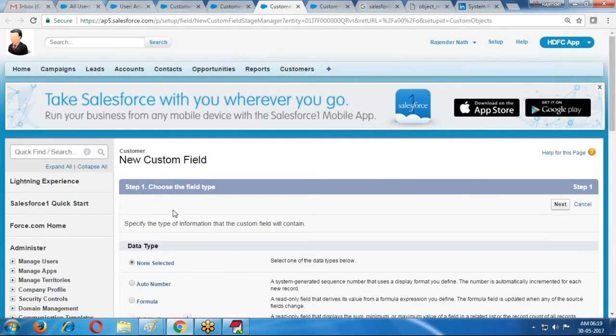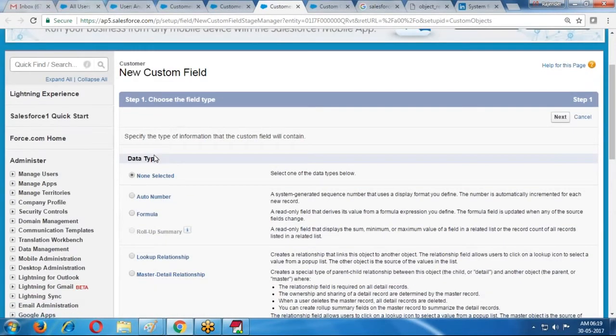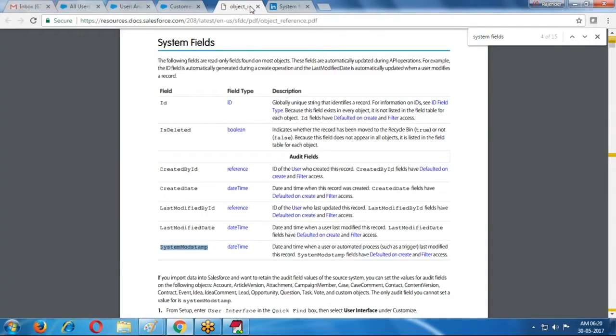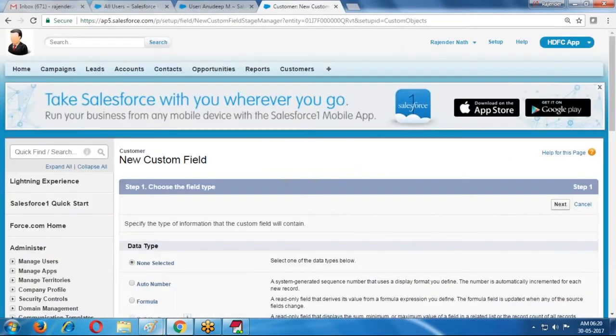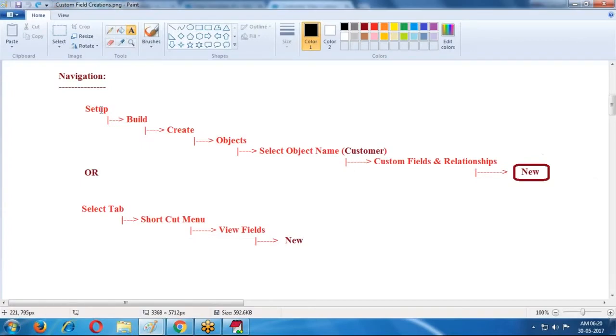For custom field creation, what type of data type is required? That is displayed by default here. There are different ways we can select these things. One is setup, build, create objects, select object name. In that custom fields and relationships, in that new.